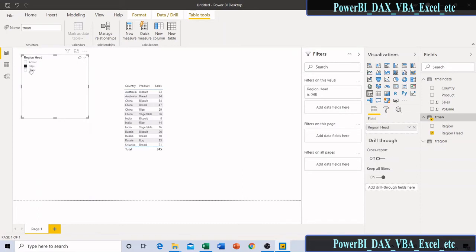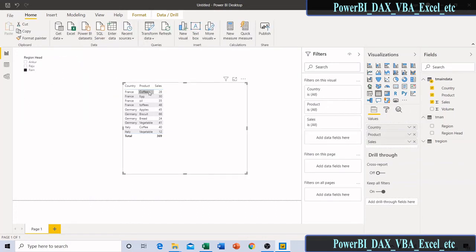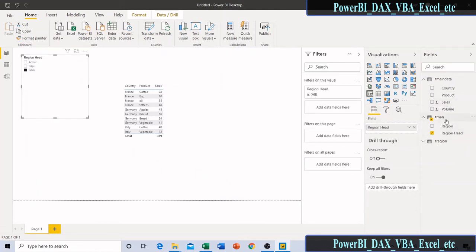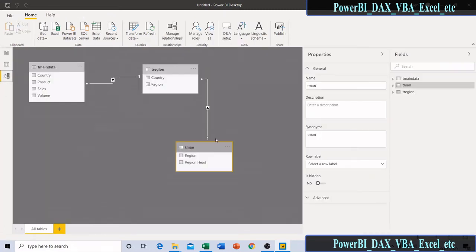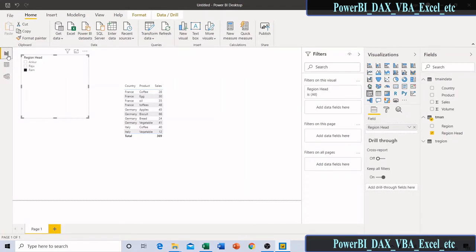You can see that filtering is happening, and the table values are coming from this main data, country, product, sales, but the filter is coming from this manager table. Here you can see that I don't have a direct relation between this main data and this manager table. Still, if I am selecting a particular manager, only his corresponding countries are showing here.